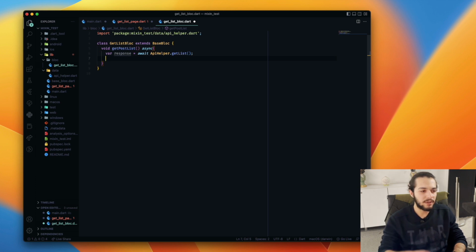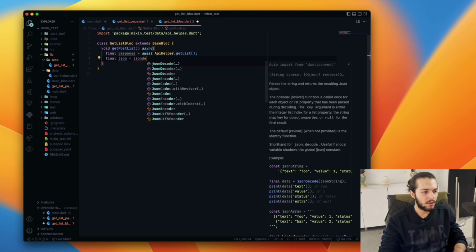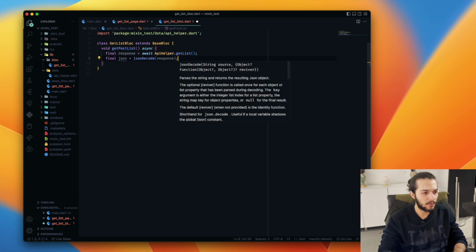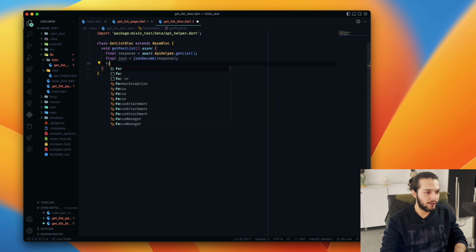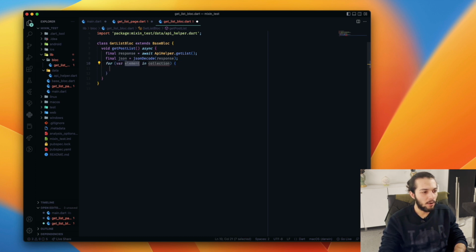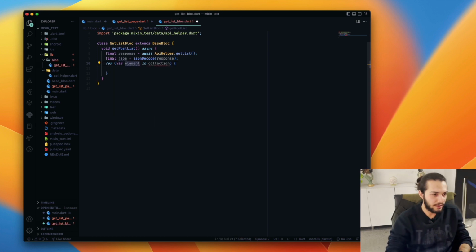We need to decode this response: final json, it's better final, I think. Final json = jsonDecode(response), and we know we have a list. I want to go through this list with a for each: for each object in json. I want to go to every object in my JSON,